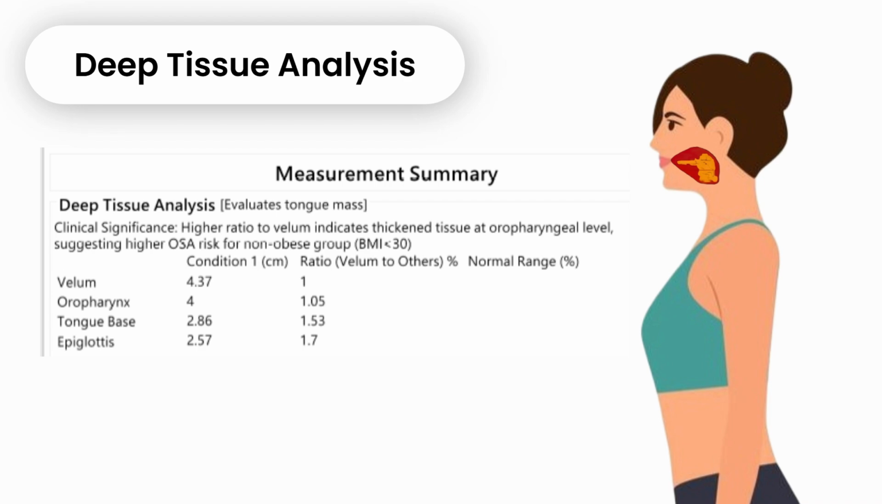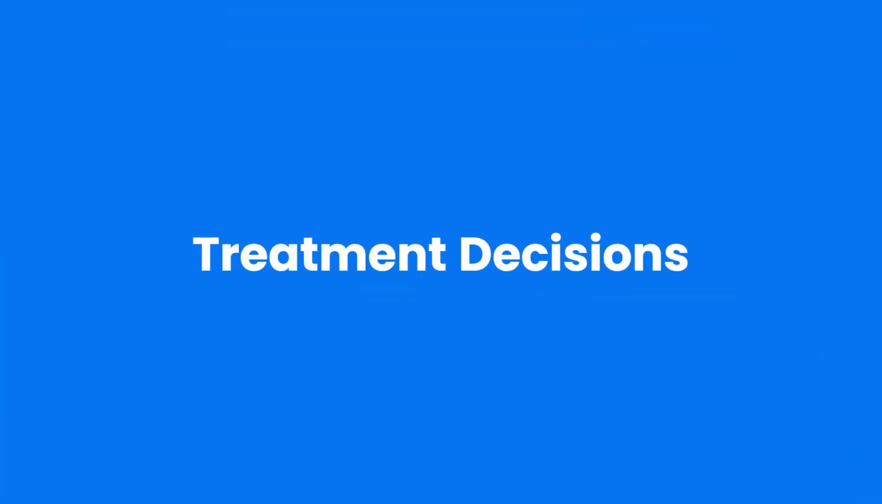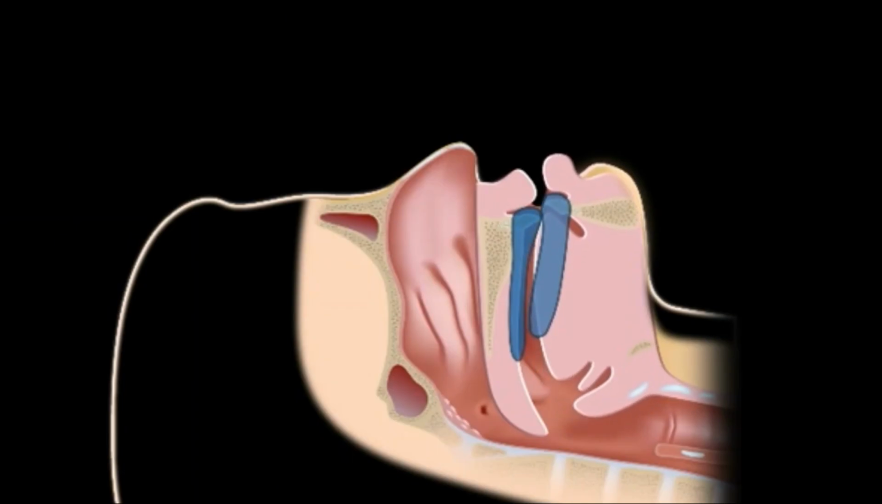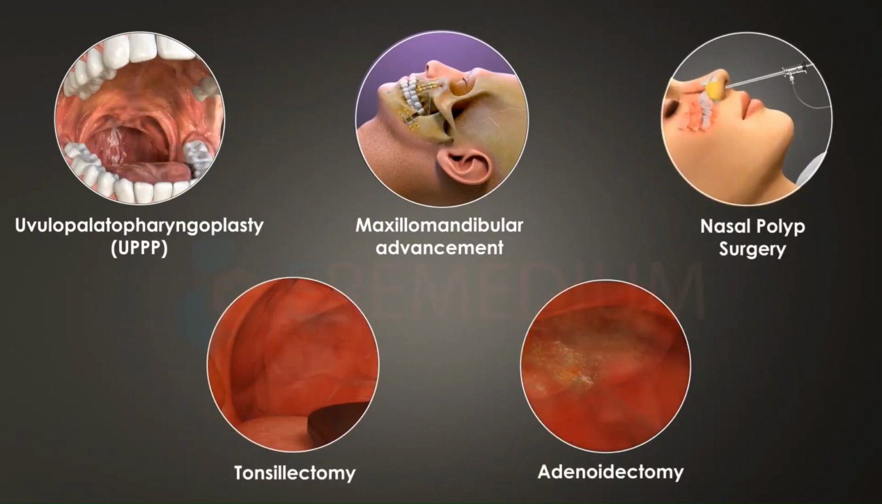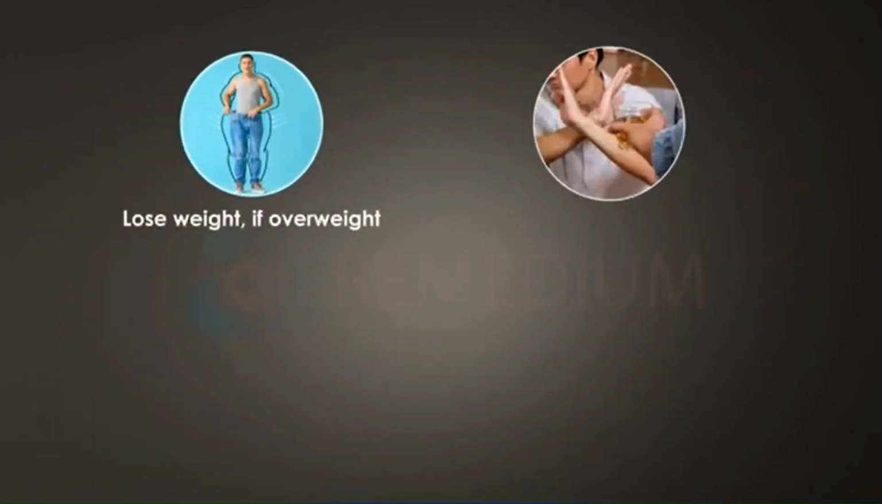The deep tissue analysis evaluates tongue mass. In non-obese patients with BMI under 30, a higher ratio may indicate an increased risk of OSA. This suggests thickened tongue tissue and a more prominent tongue mass, which could contribute to airflow restriction and require further evaluation. Treatment depends on how severe the airway collapse is, where it occurs, and the patient's overall health, including BMI,